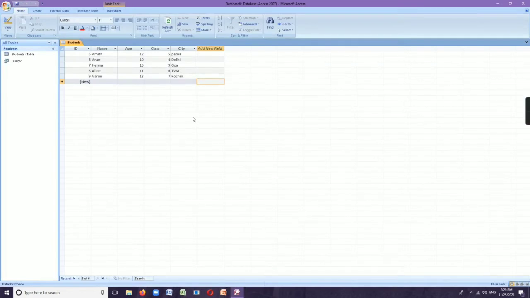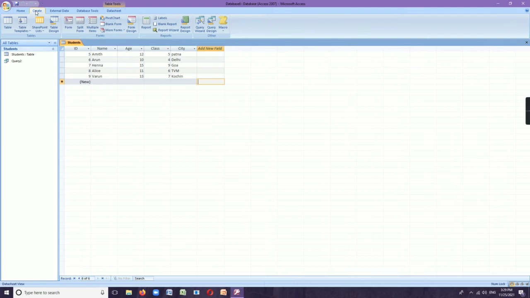Now let's discuss how we can create a select query. We have already studied that a query means a question asked of the database. A lot of queries are there. Among them, first let's discuss what a select query is and how we can create it. For that, I have created a new table here and given it the name students. Okay, some fields are here. Now let's set up the select query.